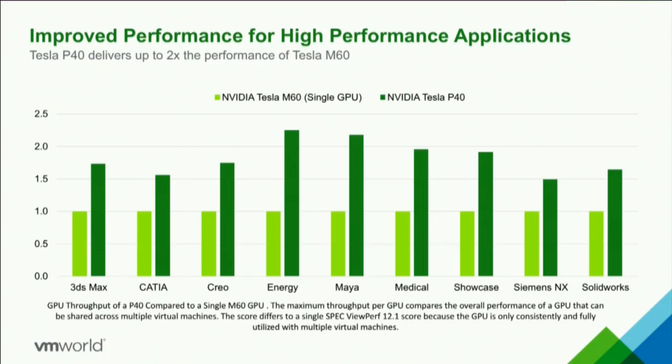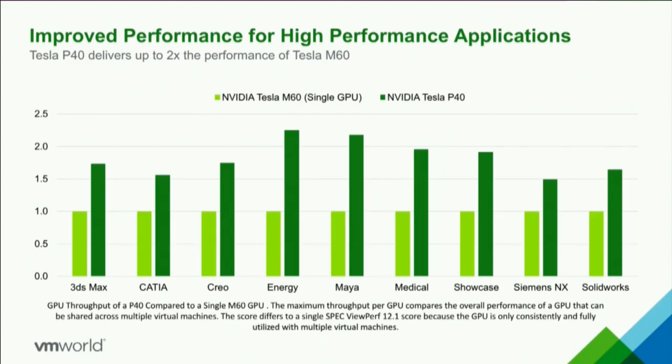So this is an industry standard benchmark. And it runs, as you can see across the bottom, 3ds Max, CATIA, Creo, medical, Siemens NX, you name it. These are all those primary big apps from big ISVs. And they're great benchmarks, great understanding of the performance of the GPU. But again, this is a benchmark that's only telling me how hard my GPU can work, right? It's a stand-on-the-gas-pedal-till-things-blow-up kind of test, right?